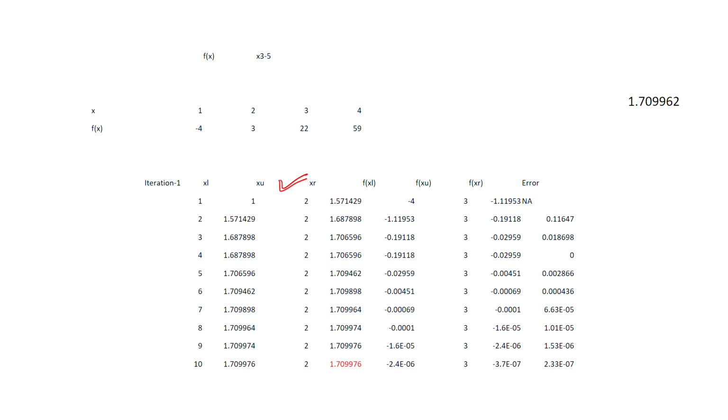That means we can say that the updated value of XR at the new step will be the old value of XR minus F naught,